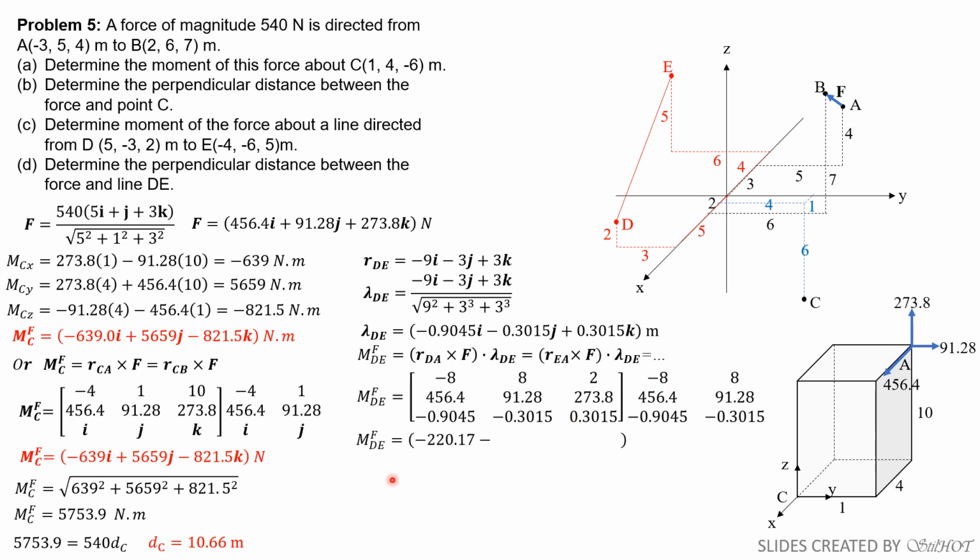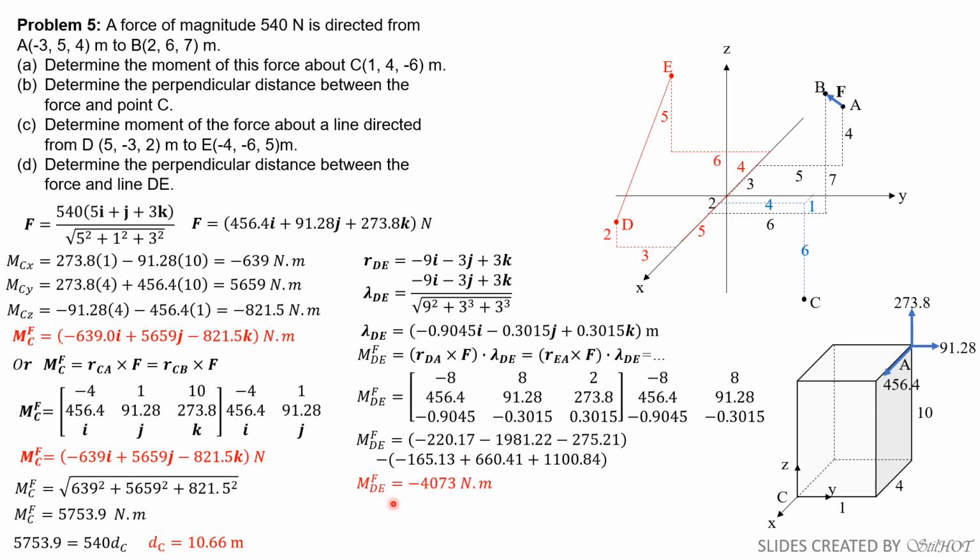So the result is negative 8 times 91.28 times 0.3015 is equal to that. 8 times 273 times negative 0.9045 is equal to this. Then 2 times 456.4 times negative 0.3015 is equal to this. Minus quantity negative 0.9045 times 91.28 times 2 is negative 165.13. Then negative 0.3015 times 273.8 times negative 8 is 660.41. Then 0.3015 times 456.4 times 8 is 1124. So simplifying,